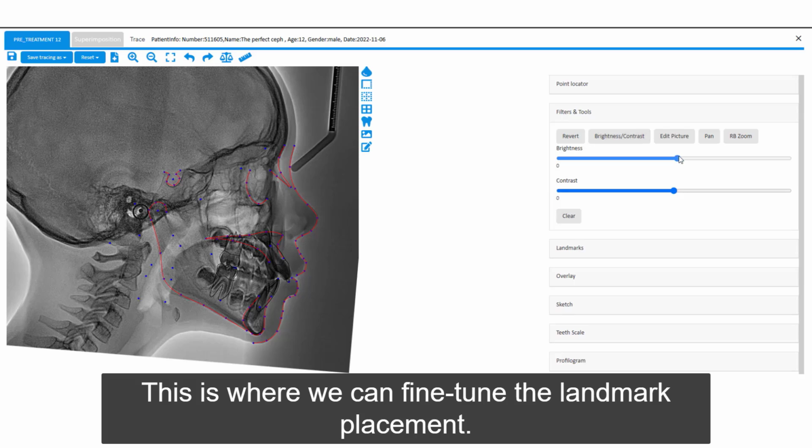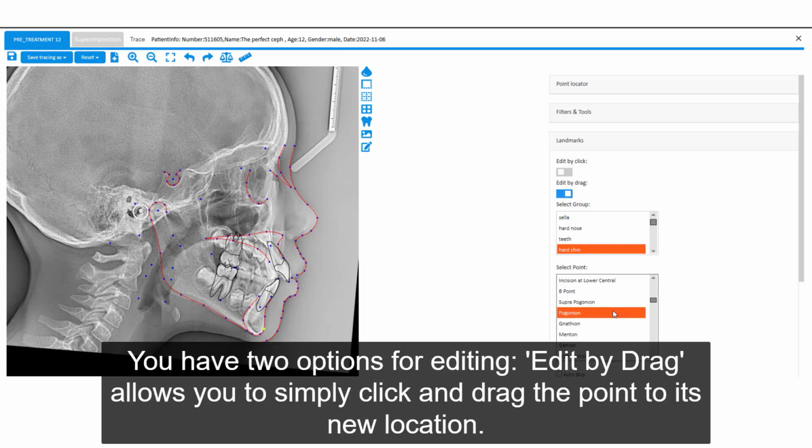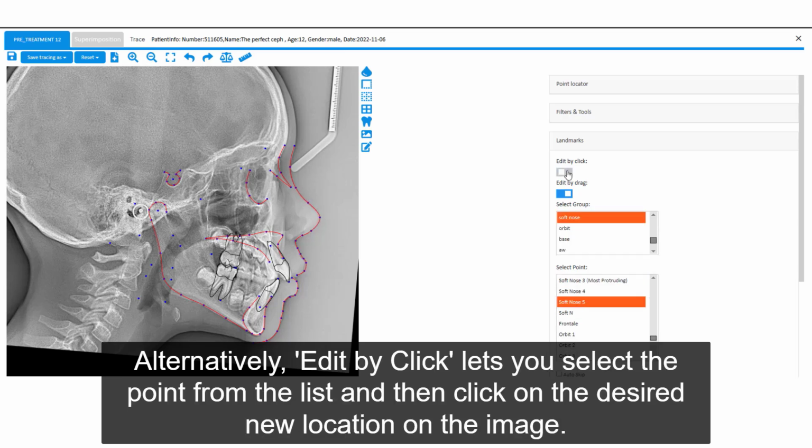This is where we can fine-tune the landmark placement. In the landmark section, you can select specific points to edit. You have two options for editing. Edit by drag allows you to simply click and drag the point to its new location. Alternatively, edit by click lets you select the point from the list and then click on the desired new location